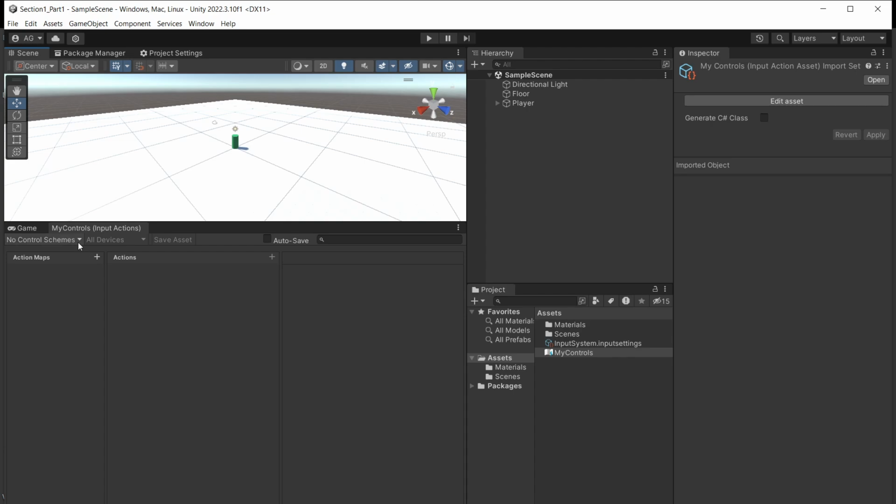So first we're going to create our own controller scheme. So click on no controller scheme. We want to add a controller scheme. Name it what you would like to name it. What did I name it? For my own consistency's sake. Oh, I didn't write it. We're just going to call it